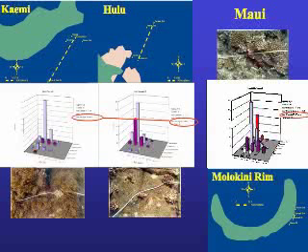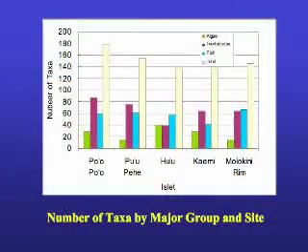Also, the other big contrast, of course, is the algal coverage. In Kaimi, the algae was running about 21%, and only about 3% at Hulu, and vanishingly small at Molokini, as you might expect. So that's just a brief summary of the